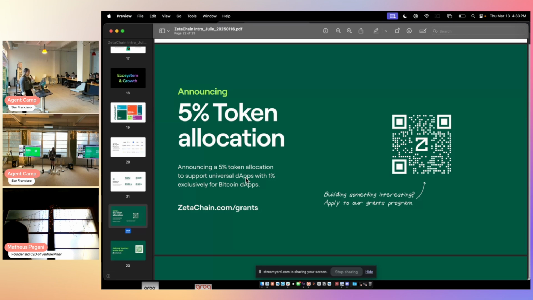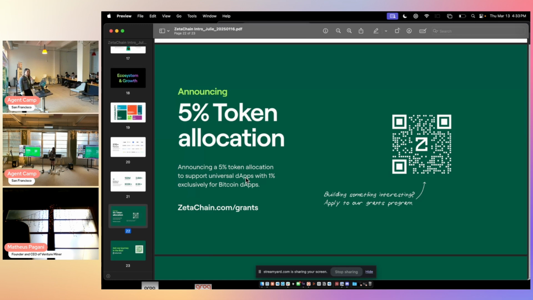If you're interested in building on our ecosystem, our main focus since last quarter has been building the ecosystem. We have a 5% token allocation to support our universal apps. If you're building on Bitcoin, which we have a specific focus on, we have 1% exclusively for BTC related apps.